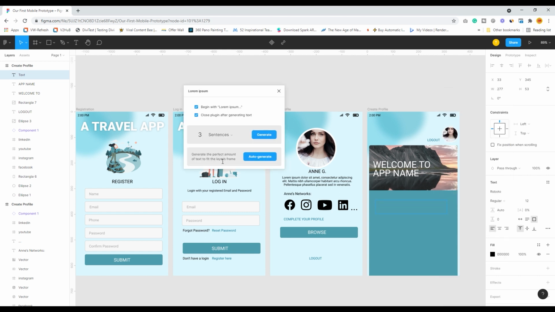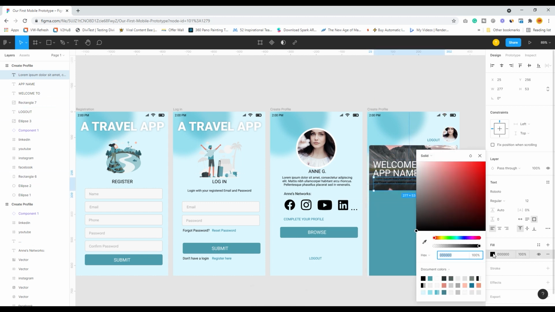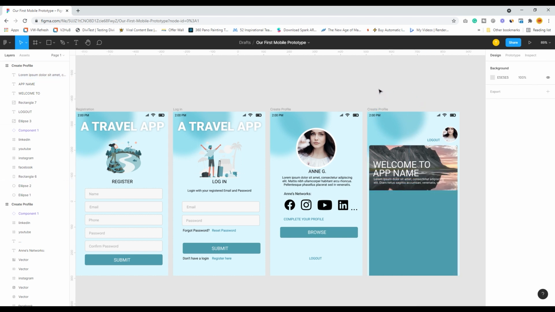Plugins, Lorem Ipsum, I require 2 sentences only. Generate, take this up and make it white. Great.